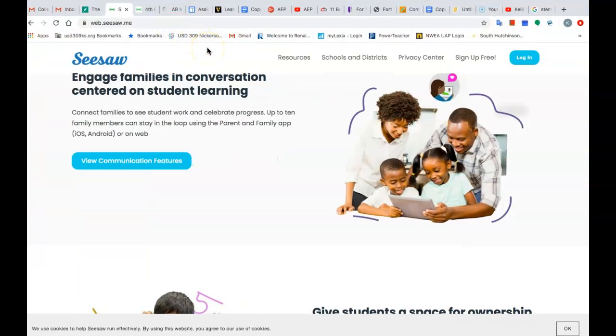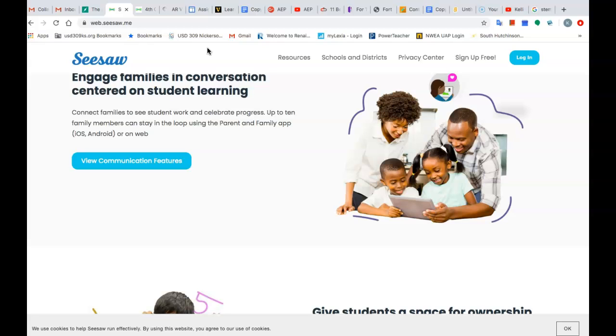Okay, this is Seesaw. Previously, I had talked about something called Remind to communicate with parents. I do still like that as well. I think that if your school chooses something as a communication tool, it needs to be consistent so that if they have multiple children, they're not downloading five different apps. Our school's not very good at that right now, but if I were the leader of our building, or maybe at the next professional development meeting, we can bring it up together because using more than one is just confusing